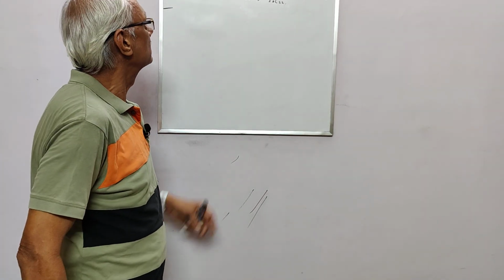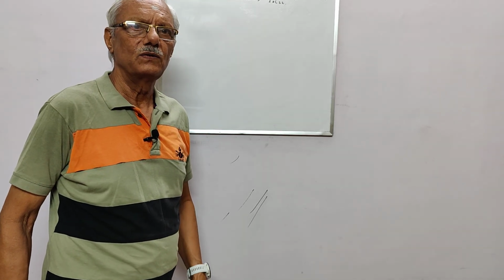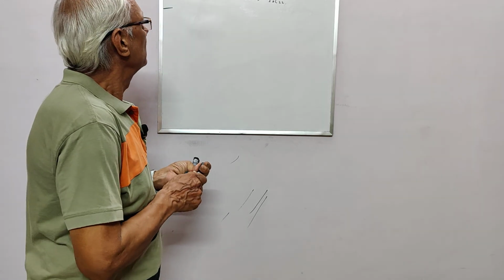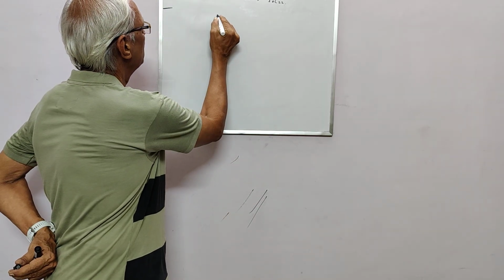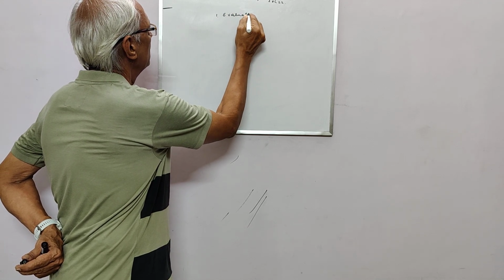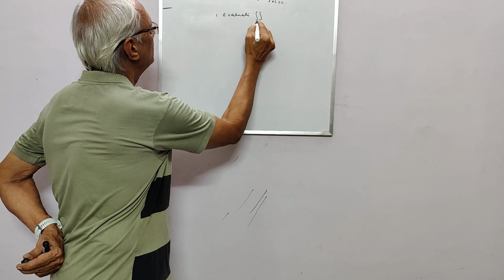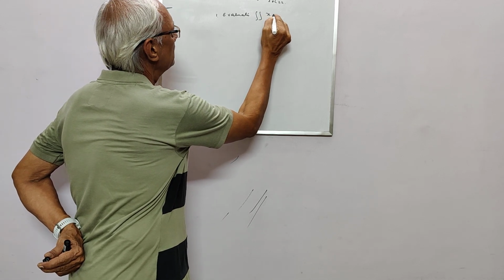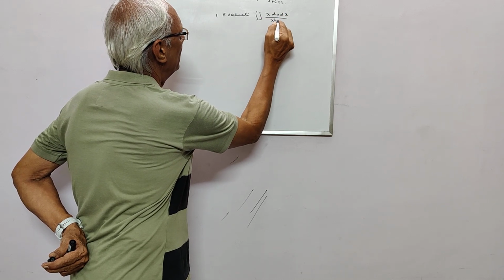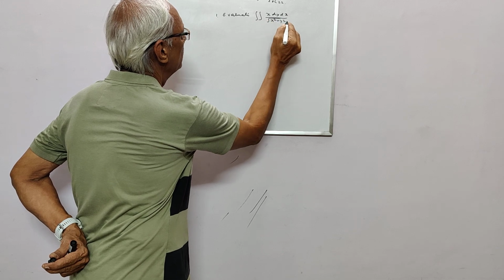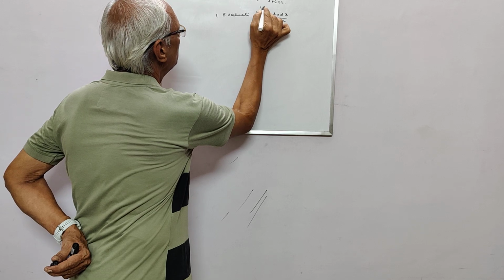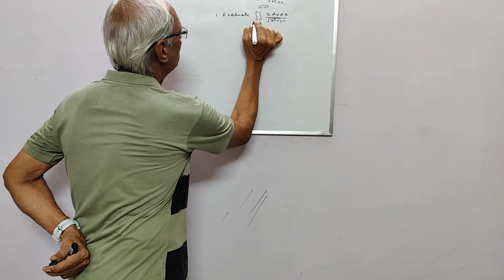In today's class, let me discuss two more problems in multiple integrals. The first one is: evaluate the double integral of x dy dx divided by the square root of x squared plus y squared, and the limits are from y equals x to y equals square root of 2 minus x squared, and x from 0 to